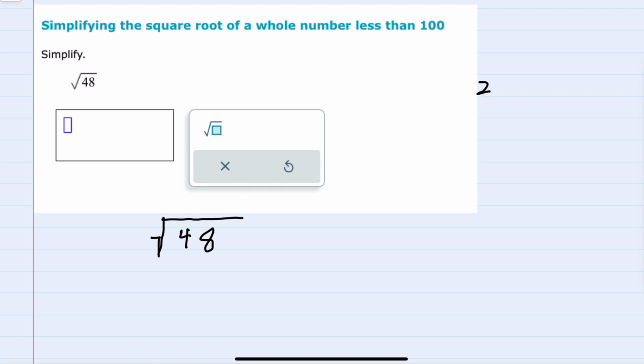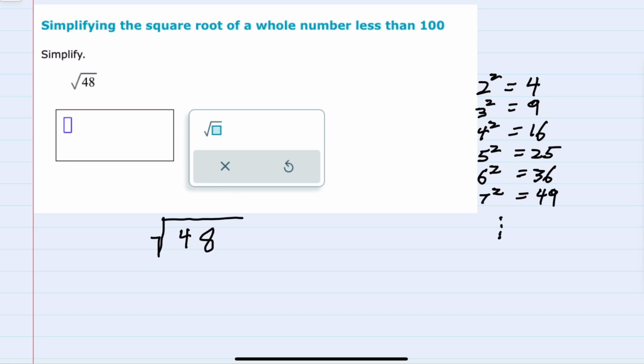many of the basic perfect squares. So 2 squared is 4. 4 is a perfect square. 3 squared is 9. 9 is a perfect square. Continuing, 4 squared is 16. 5 squared is 25. I'll write out a few more here, and we could continue, but to simplify a square